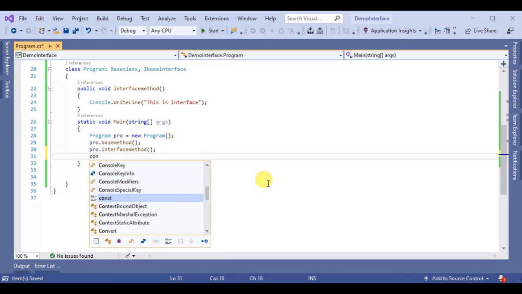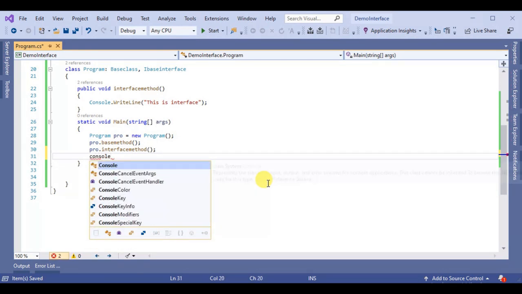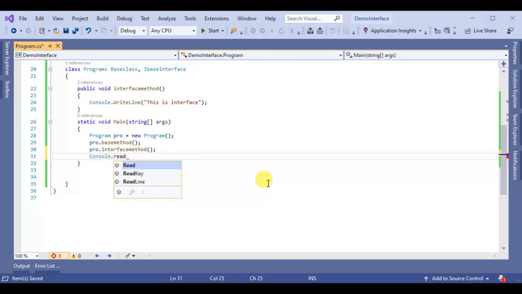One more thing, Console.ReadLine, save and run.